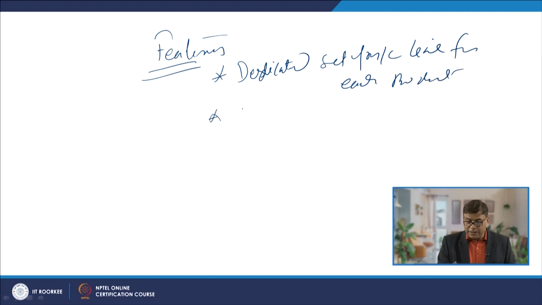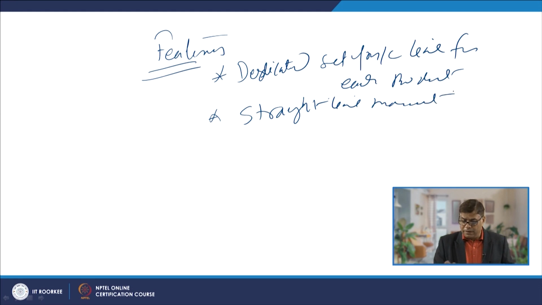Then there is a straight line movement, always straight line movement. So, there is a clarity regarding the direction in which the movement of the material during the processing will be taking place. Third, because of this straight line movement, there is no backtracking. So, there is no clumsiness as far as the movement is concerned.